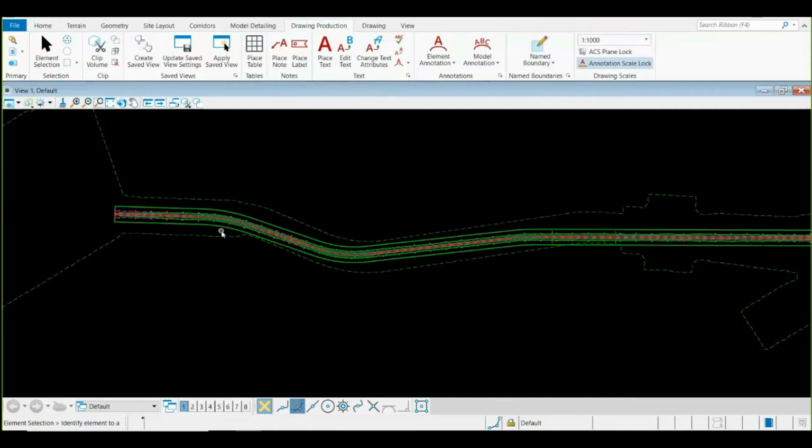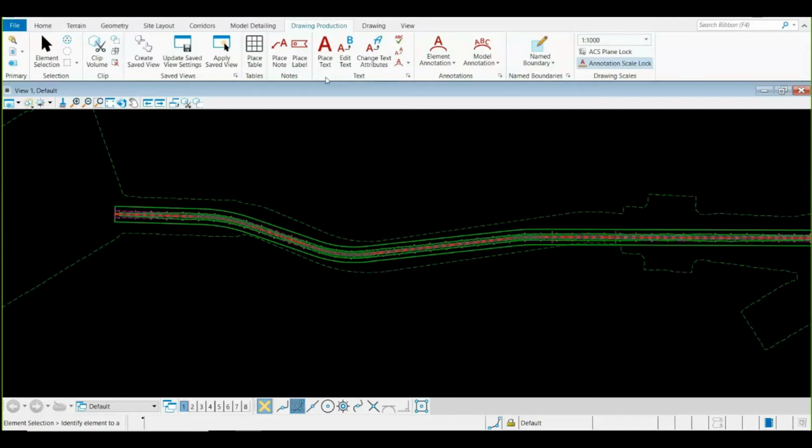A sheet size can be anything which you may define. So also within this drawing production, the most important section is your name boundaries, and another important section is your annotations. Using your name boundaries tool only, you are going to create your plan and profile as well as your cross sections. And you have other sections as well, like to place text, to place label, and to edit text, change its attributes, font size, color, check spelling.